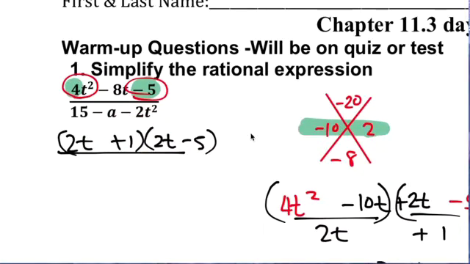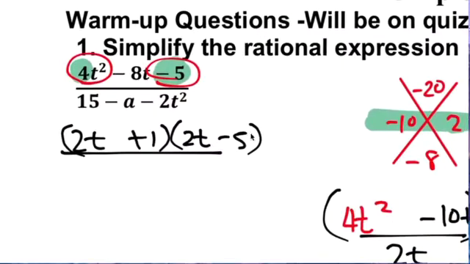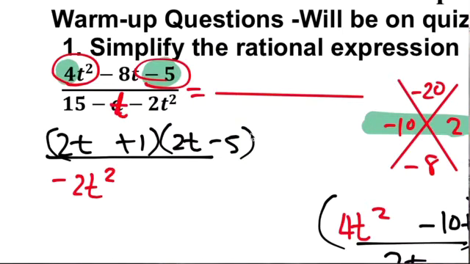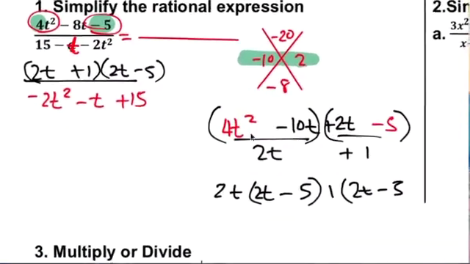All right, and the bottom one, you need to write it in standard form first. So that is negative 2t squared. Oh, this is a t, guys. Minus a t plus 15. Okay, you need to do factor by grouping. Okay, so you get